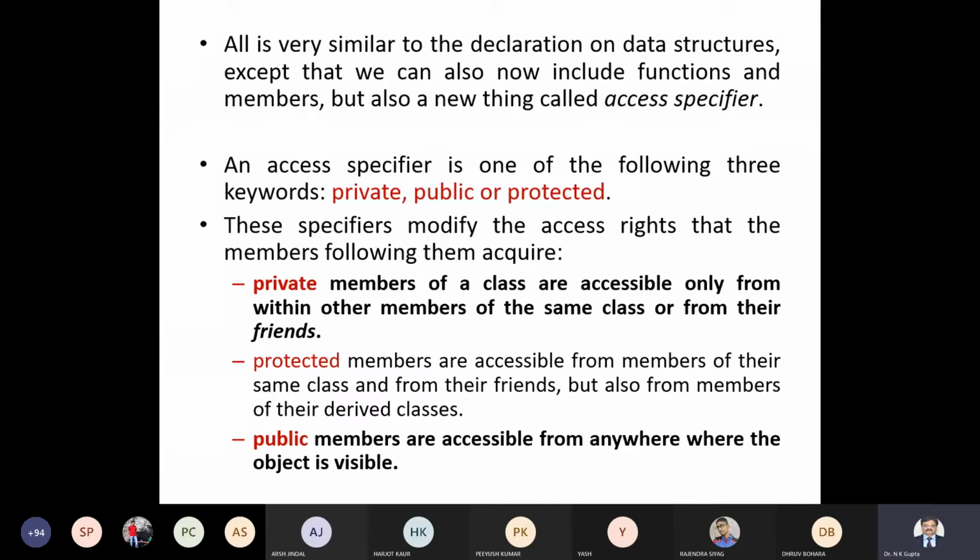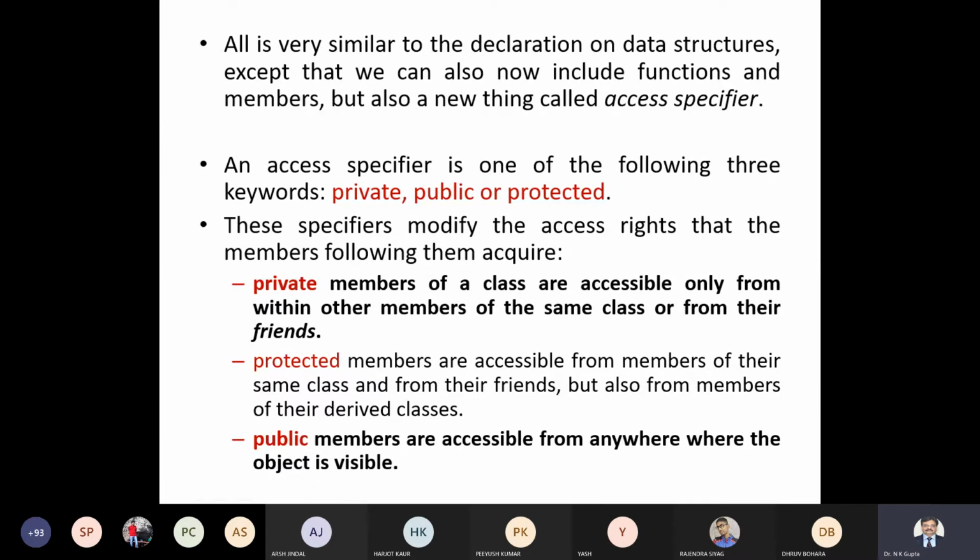But if there is a friend function outside this class, a non-member function which was not a member function of that class, it was there in the program and we made it friend, then it would be able to access the private data members also.